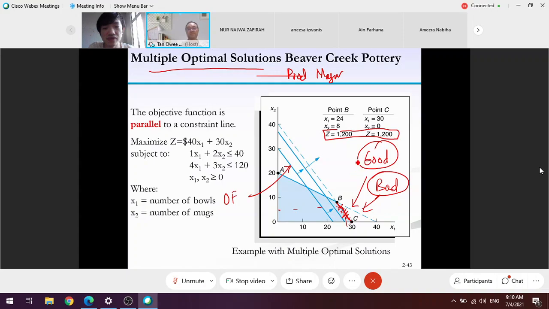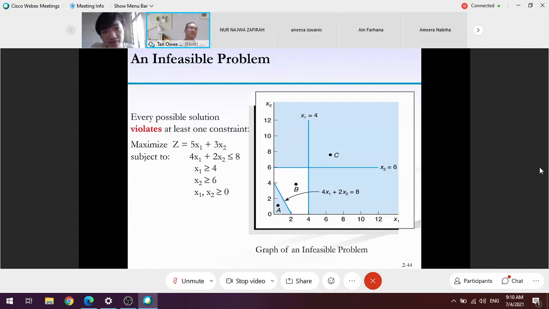So from an industry perspective, this is something that we wish to have. So this is good. Ultimately, we want something like this. Okay. The second condition, the second scenario, is like this.